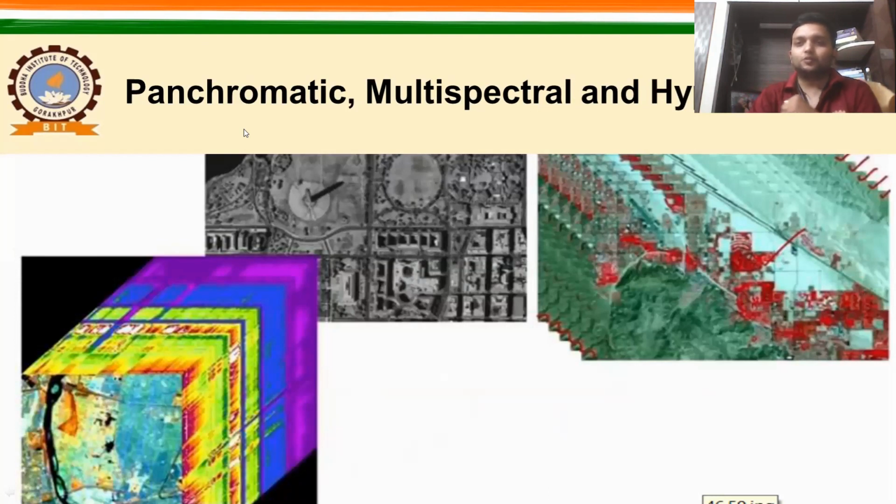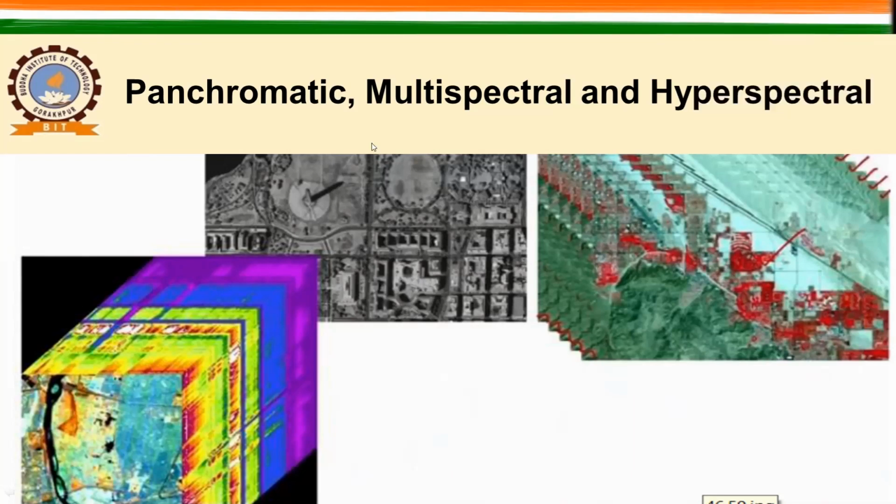To avoid the bandwidth problem, I will switch off my camera and then deliver the lecture. Now you have to take a pen and a copy and note down the bullet points, because today we'll wrap up this overview and introduction part, and from tomorrow we'll talk more in depth about remote sensing and GIS. Now we'll talk about the panchromatic, multispectral, and hyperspectral resolution.